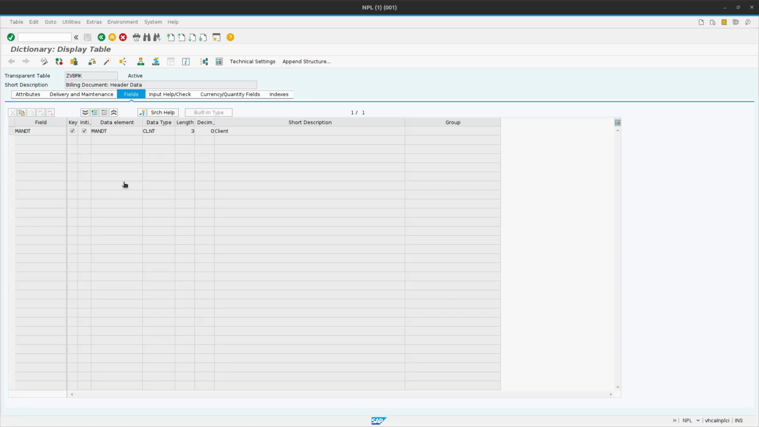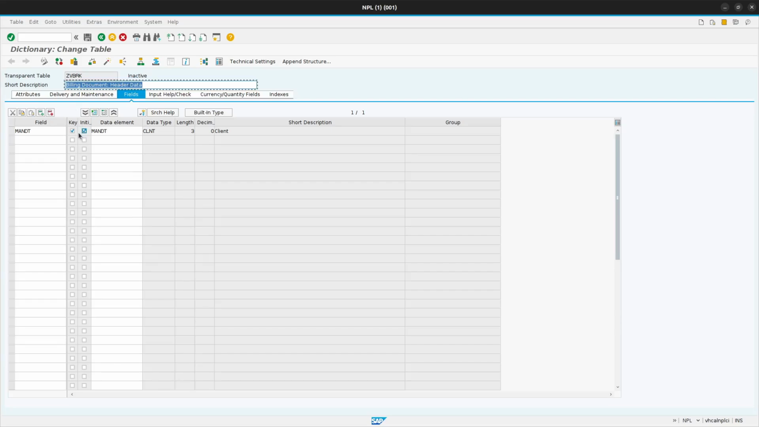Explanation of columns. K. As you see, we marked this K yes checkbox. That means the field is part of the table's primary key. SAP will use it to uniquely identify each record. We'll go deep into what K means in the next video when we link tables together. And second